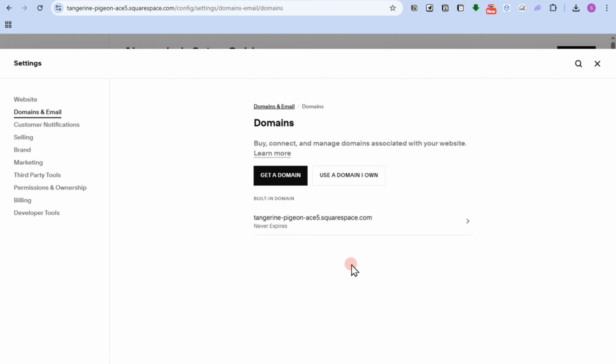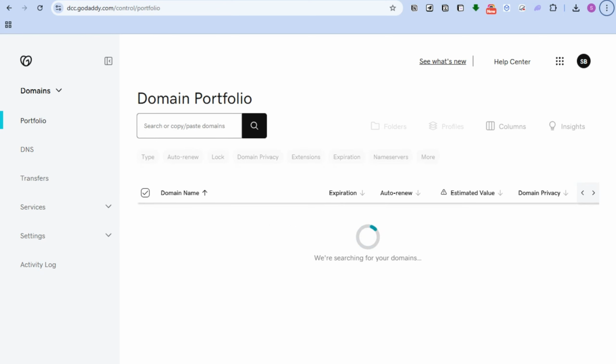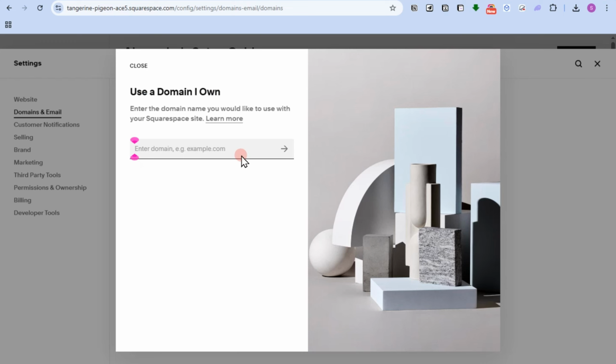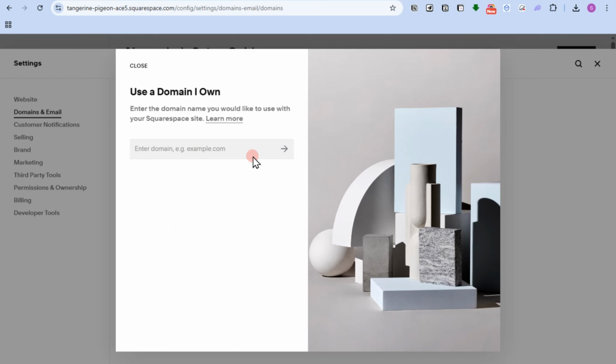Now, after that, you can check the connection status. You can return to settings of your Squarespace domain. Your domain should show as connected once the setup is complete, and it should be connected to GoDaddy. So that's how easy it is to simply connect